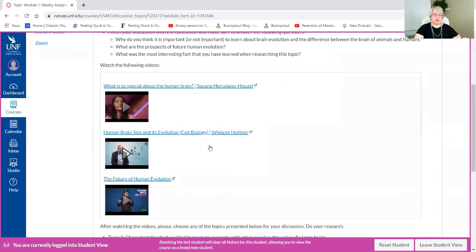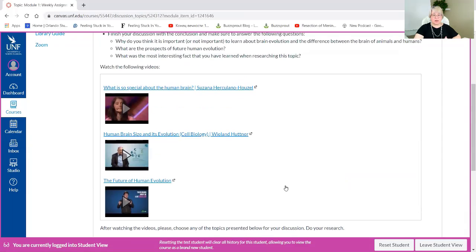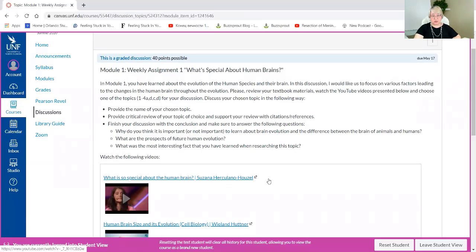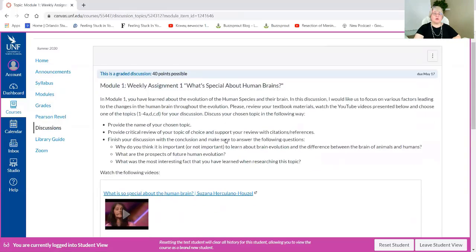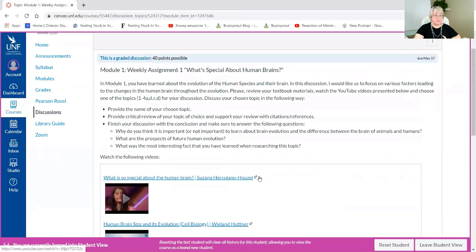And usually for this type of discussion, I will provide you with some material that you can use. There are some topics; you can choose one of those and write your discussion about that particular topic. However, you are absolutely welcome to find your own sources. The most important thing is that those sources are reputable, that you can trust them and use them in your discussion. Actually, I encourage that very much. And when you submit your initial discussion post, which should be in line with APA formatting guidelines, then you will move to the next part,